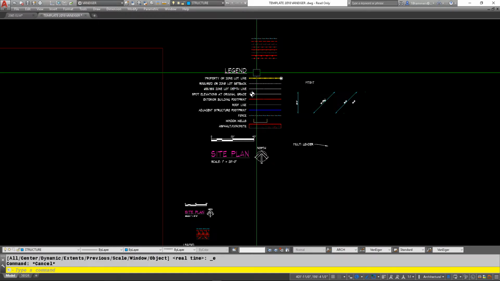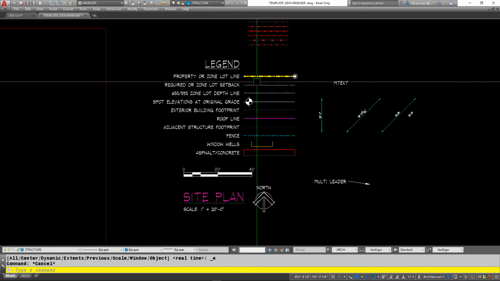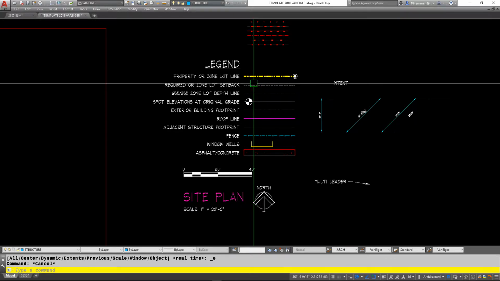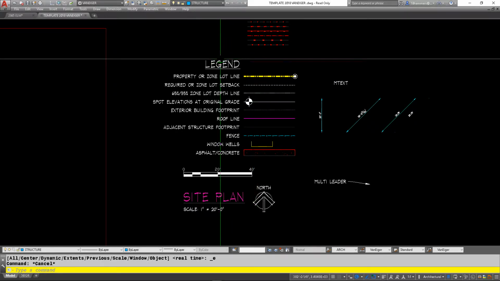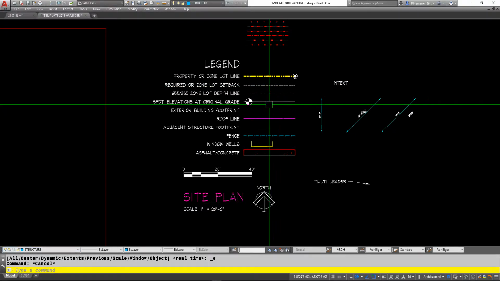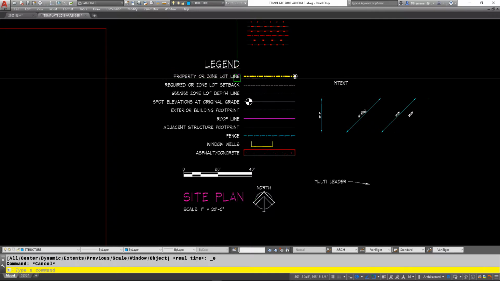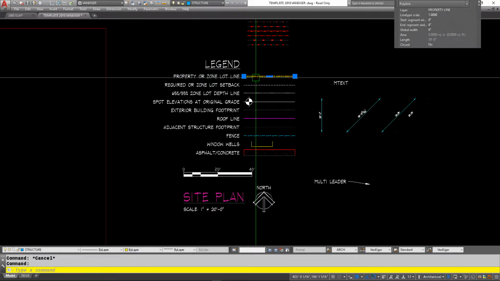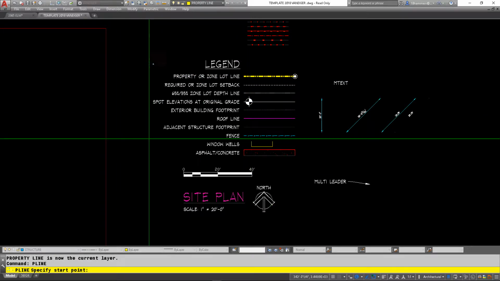are on layers. One thing I have set up, my double click actions. When I double click on something, you can see that right now I'm on the structure layer, and let's just say I want to go to this property line. I want to use this property line. I want to double click it. Okay,